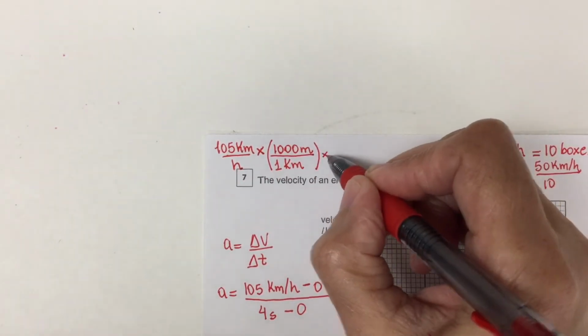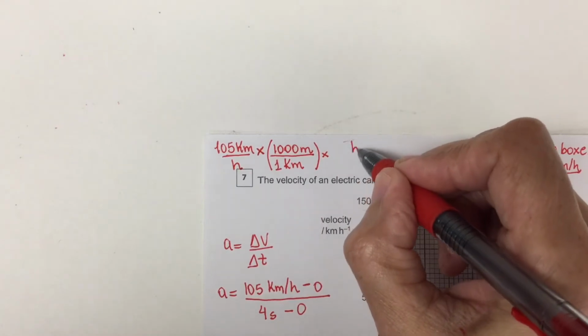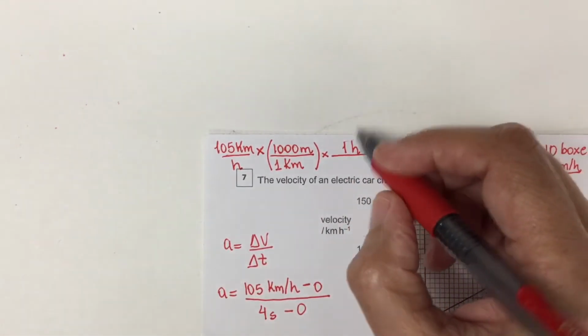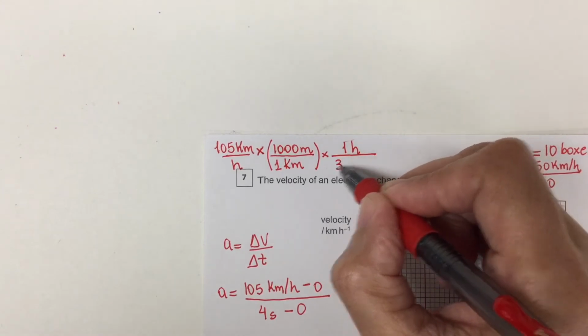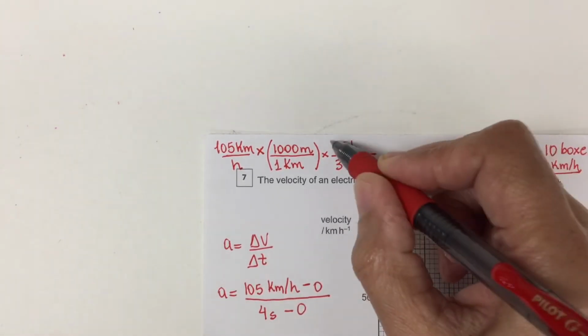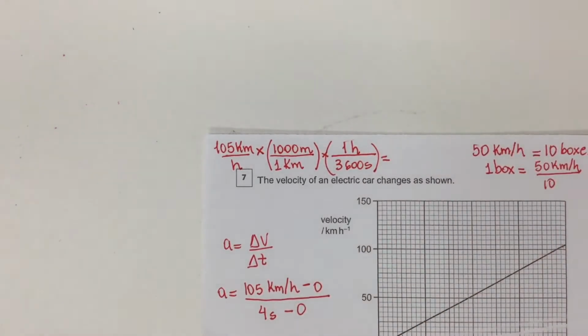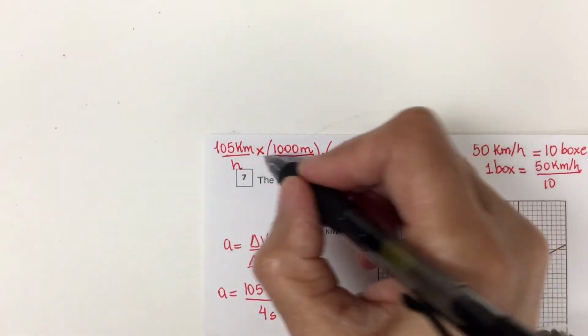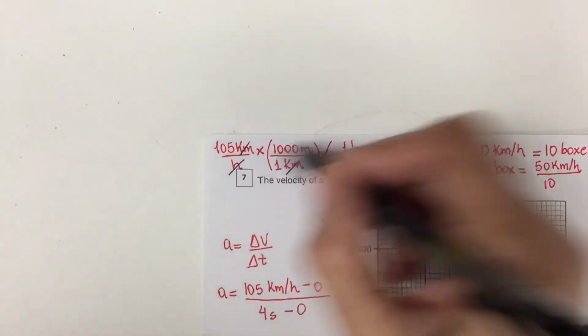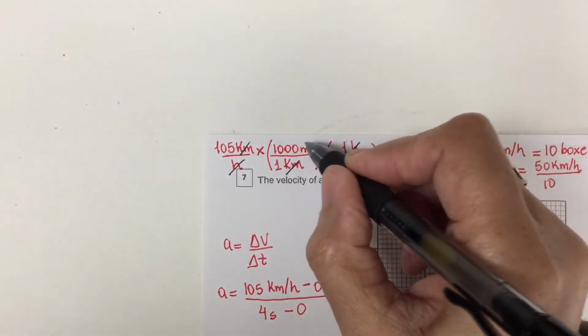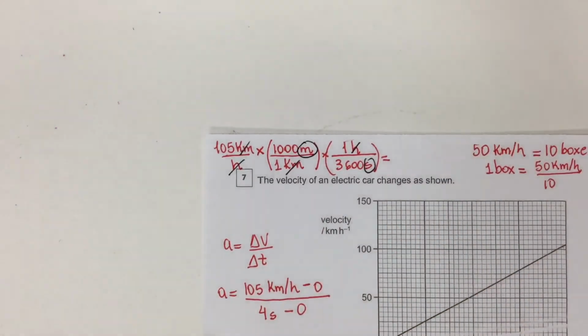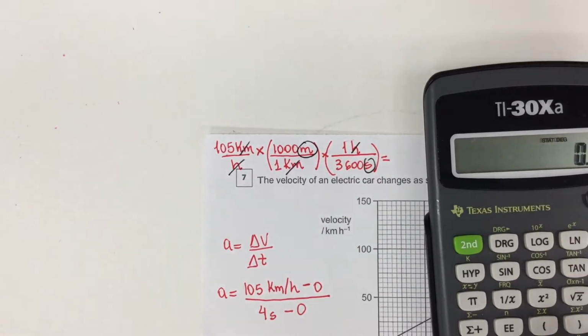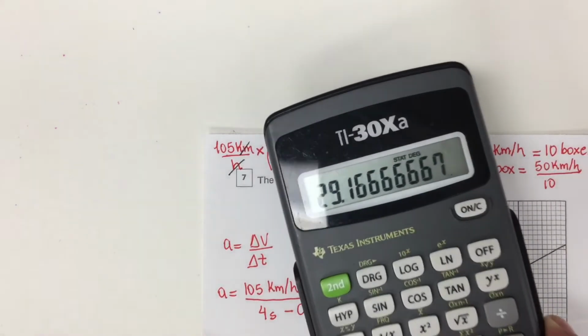So what do I do with hour? Hour needs to go on the top. 1 hour in terms of seconds is 3,600 seconds. Okay? So let's see how I do with this. Now I'm going to cancel kilometer with kilometer, hour with hour. What is left? Meter and second. Perfect. So now I get my calculator, and 105 times 1,000 divided by 3,600 is this number,